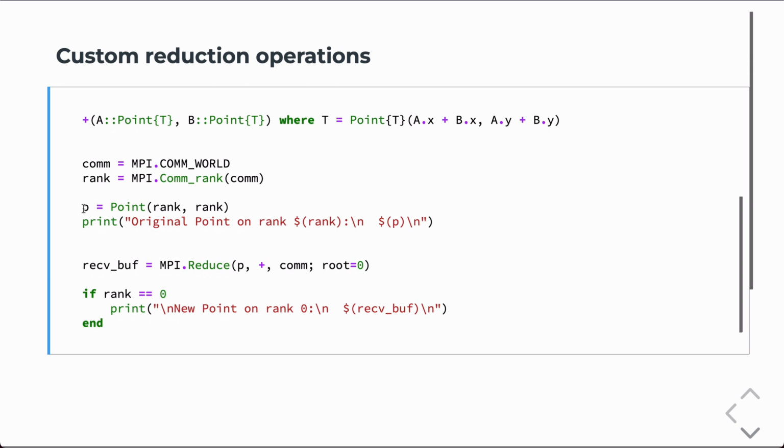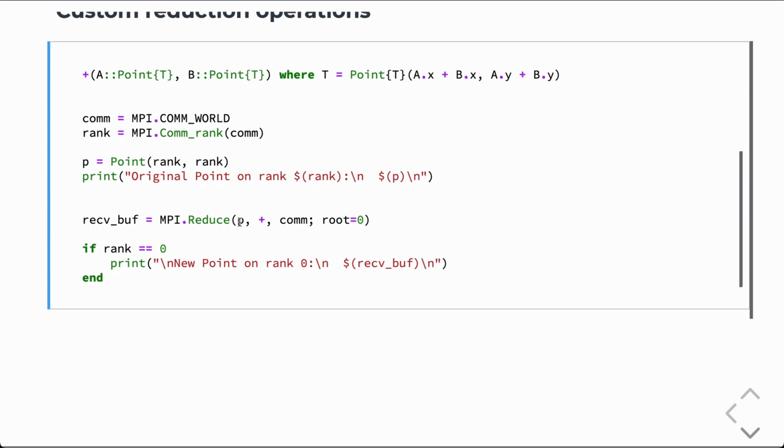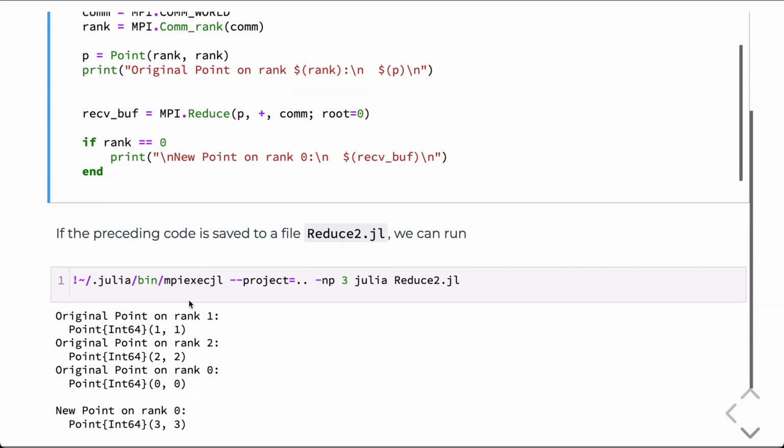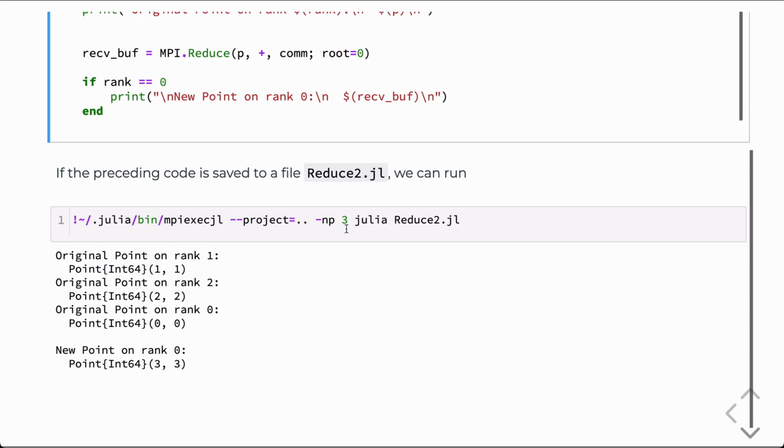So then, same thing in this case. Instead of just creating a vector on each processor, we're going to create a point where the entries of the point are just rank. So on processor 0, this will just be 0.00. On processor 1, this will be 0.11, and so on. We're going to print it to the screen. We're going to do the reduction operation, and again, it looks like we're doing the same thing because we have a plus here, but because Julia is type aware when it does the plus, it's going to use multiple dispatch to call this version of plus up here, and we'll get our correct reduction. So if we save this code to file reduce2.jl and then we run it on, say, 3 processors,